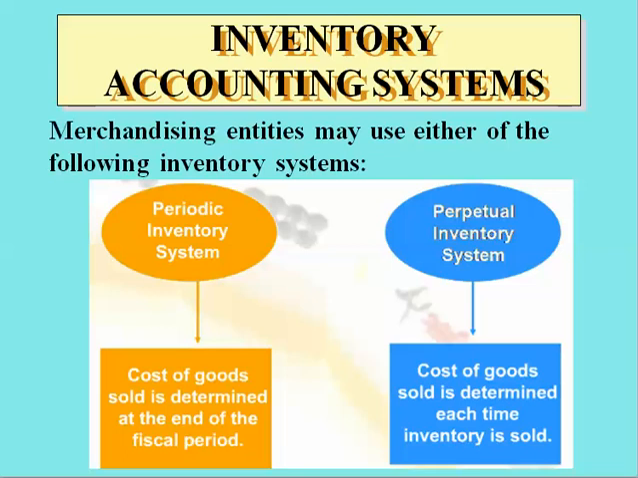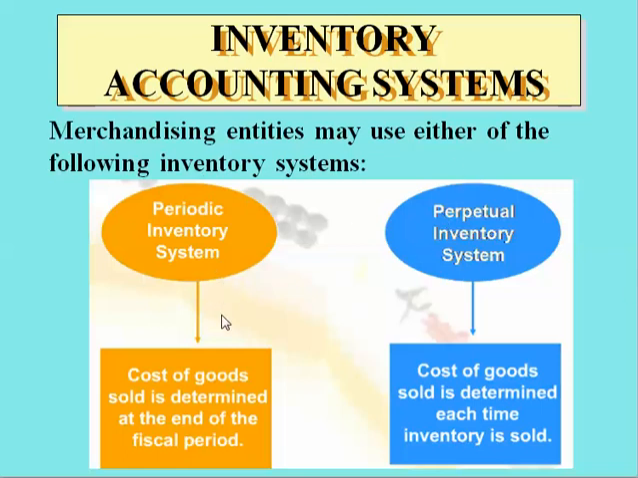Hi, let's talk a little bit about inventory now. Any company that sells a product would have to carry inventory. There are two primary ways that they can account for the inventory that they bring into their system. One is called a perpetual inventory system, and the other is a periodic inventory